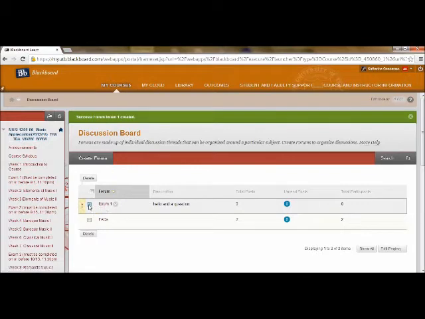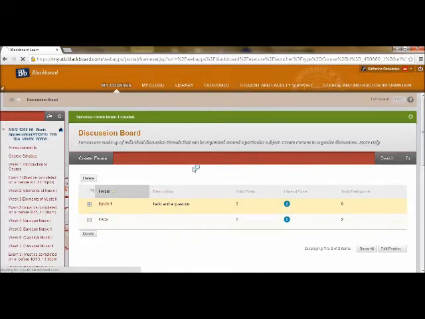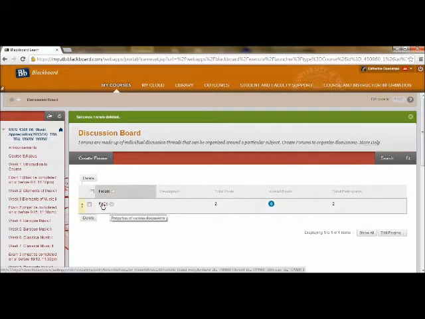Now, if you want to delete that, all you have to do is add a check mark to the box on the left-hand side, and then click the delete button. The box will appear and you can press OK. I've created the forum FAQs. I'd like you all to use this forum. You can create another forum if possible, but I would suggest just simply using the one that's already been created